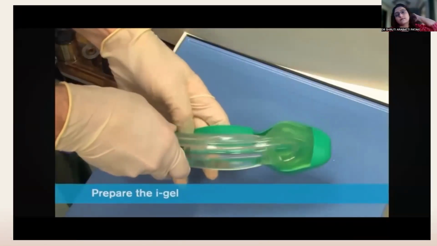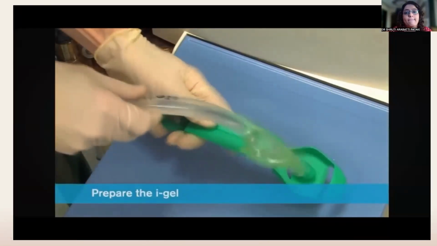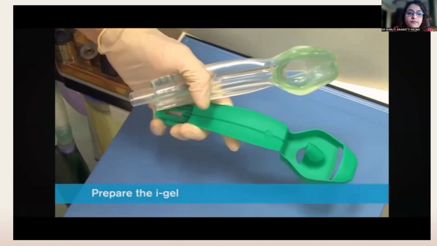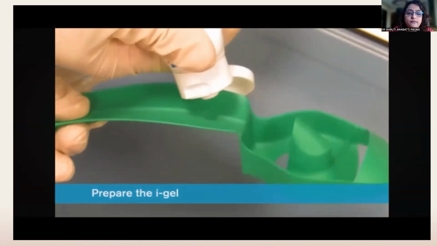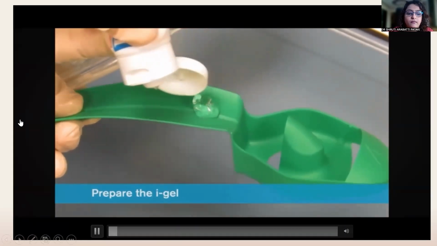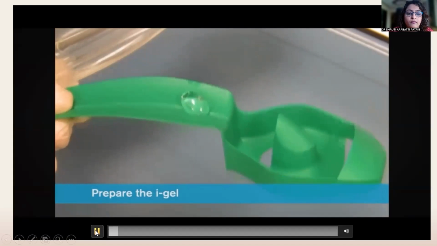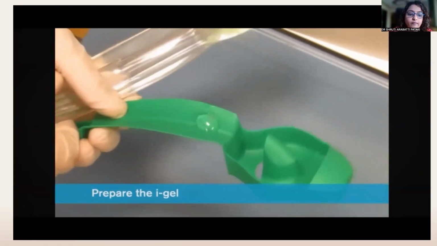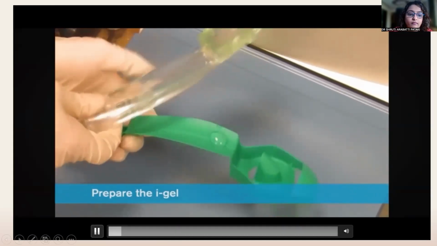And transfer it to the palm of the same hand that is holding the protective cradle, supporting the device between the thumb and index finger. Place a small bolus of water-based lubricant, such as KY jelly, onto the middle of the smooth surface of the cradle in preparation for lubrication. Do not use silicone-based lubricants.